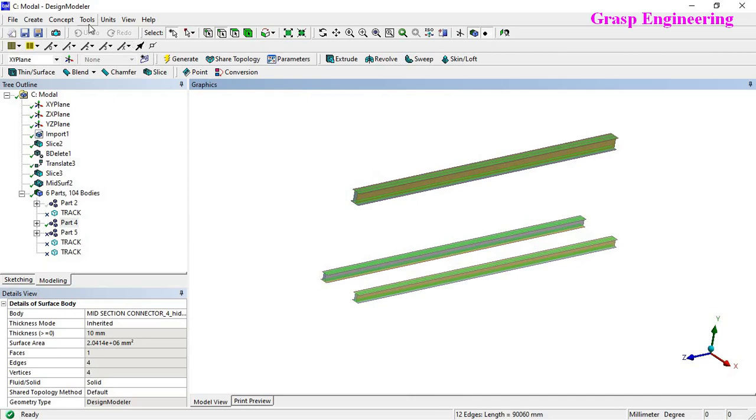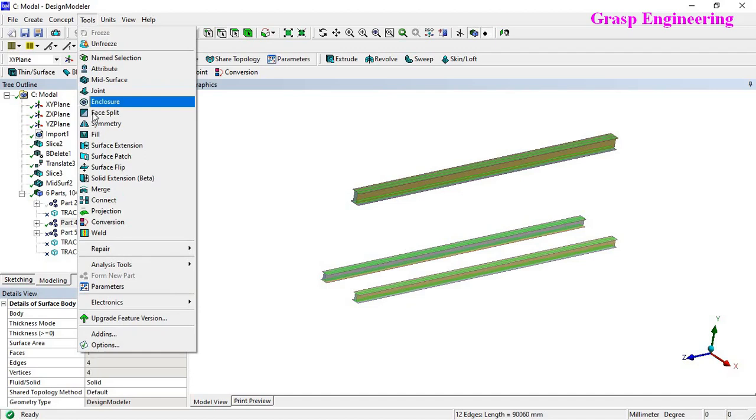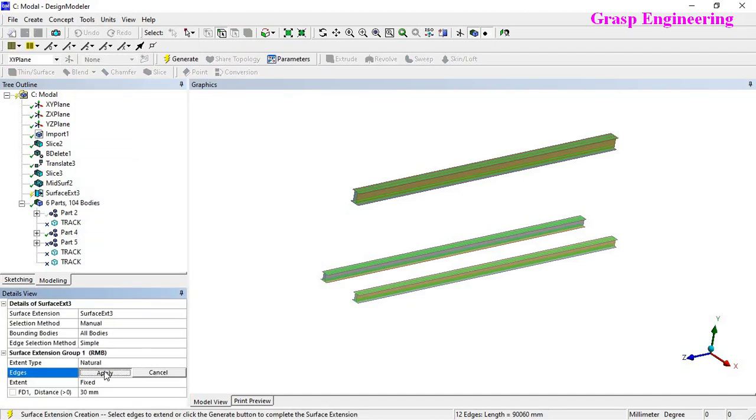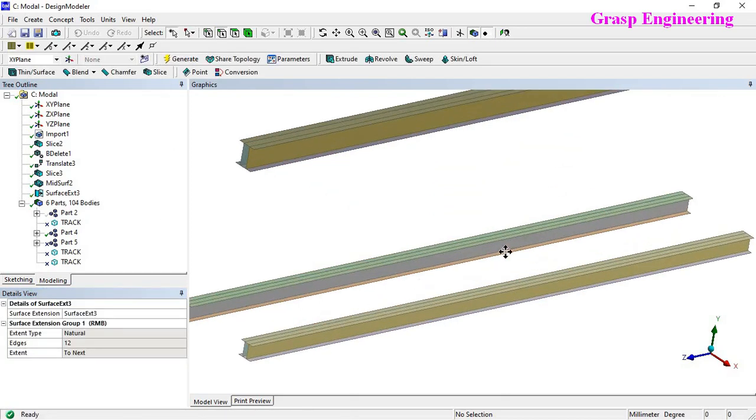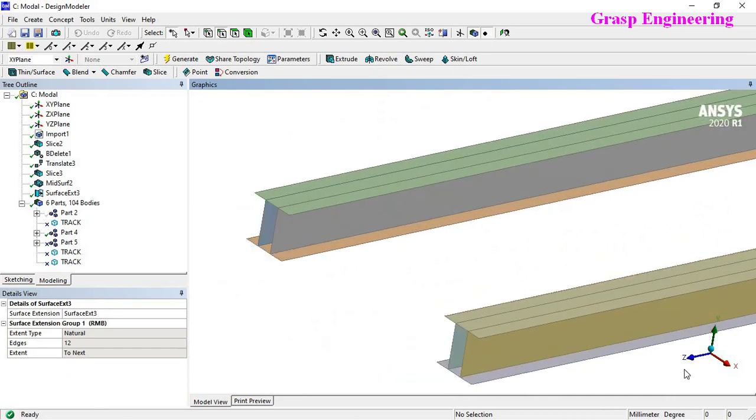Let's go inside Tools, and here you will find the option called Surface Extension. There are a number of ways to extend, like up to faces, surface, or fixed. You can even define the distance, but here we will use the option called To Next, which automatically extends up to the next edges.